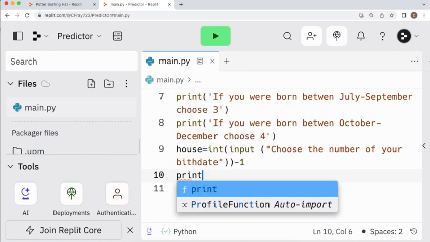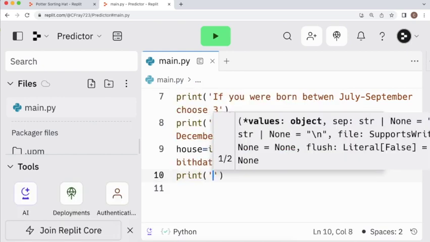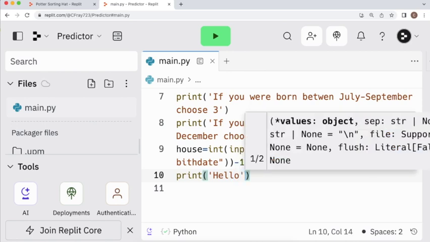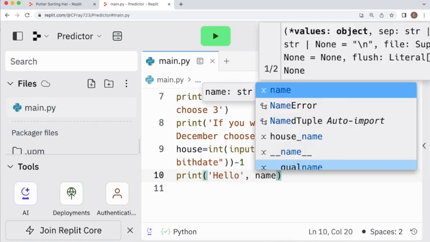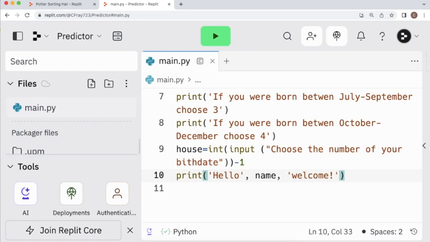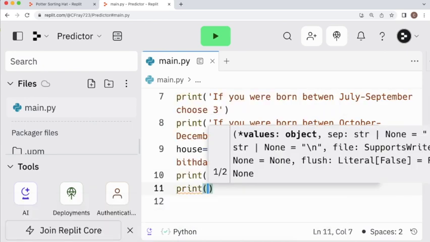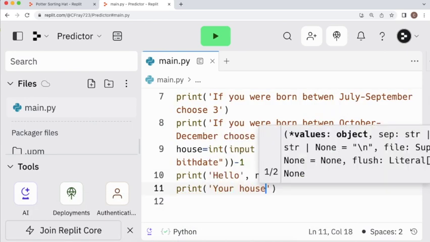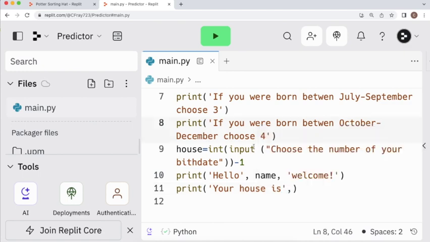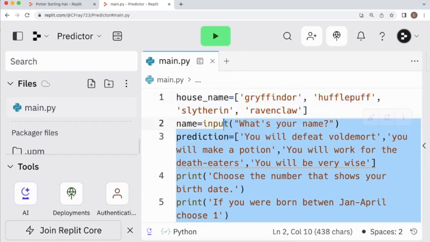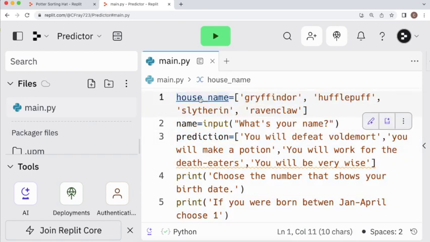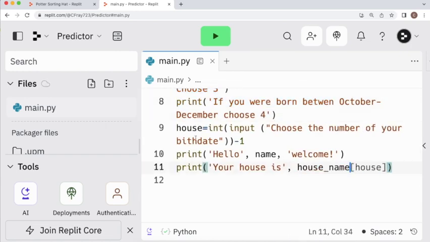Then we're just going to output the message. So we'll make a string, hello, comma, name, welcome. And then we'll print another message, your house is. And this is an interesting part because this is where we are going to refer to the names of the house up here. Okay, so that is house name. And then we're going to refer to